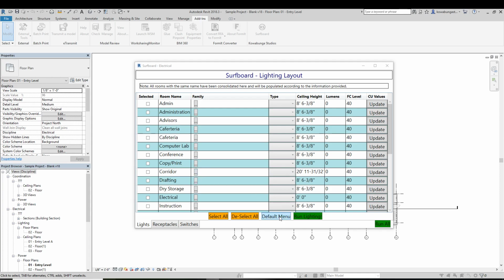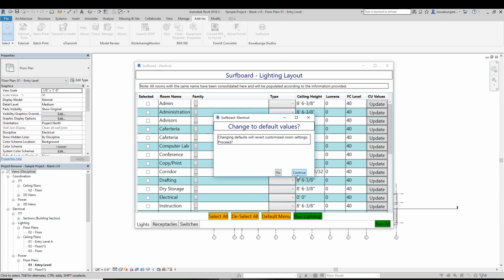When you get here, first, all the room names are consolidated here. That means that if you have 4 admin rooms, let's say, or 2 computer labs, they'll be consolidated into a single line item that you'll basically input the parameters for that space type, and it'll populate accordingly. So our default menu will populate all of these. So if we go to the default menu,